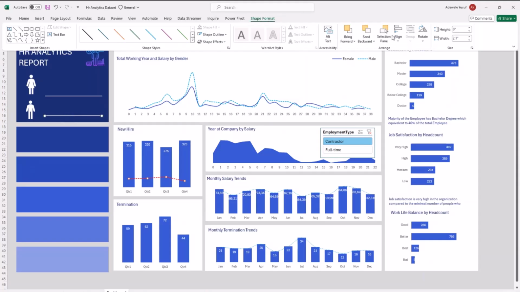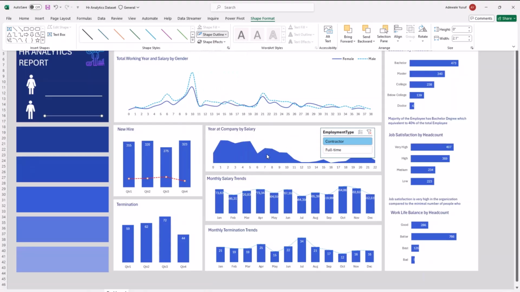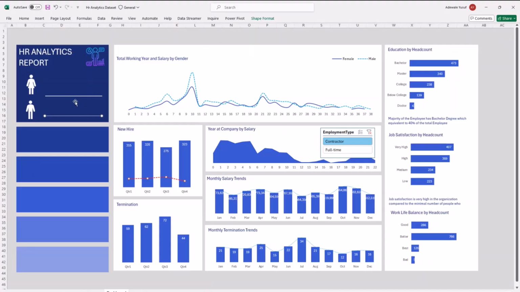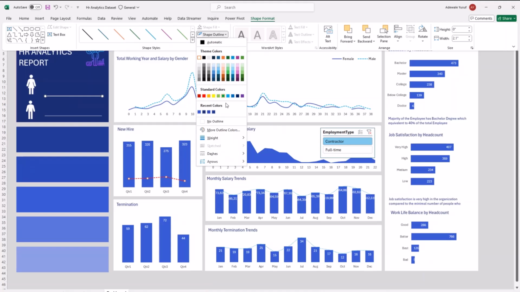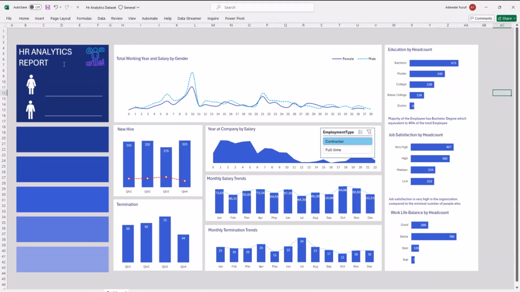But I can reduce the thickness of the line if I want to, and also make the line very tiny. But probably maybe I should leave the line like this. I can go to line effect and say I want the line to be a little bit thinner. And I think I should do the same thing for this one as well. So if I go to my shape effect, go to line and make it a little bit thinner. Okay, so now that I have a male and female here, I think I'm getting there.